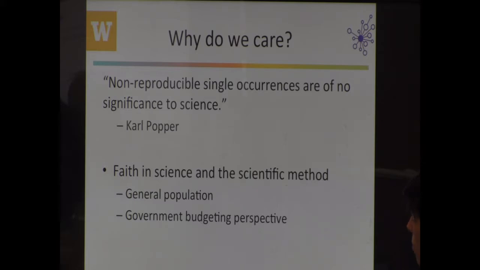I think right now, one of the things that we should all be particularly cognizant of is that there is perhaps a general decline in the faith of science and the scientific method, and that has impact on the availability of funding, right? So if the general populace doesn't think that science is useful or valuable because it's not reproducible, then they're not going to advocate to their representatives in Congress to keep approving bigger and bigger budgets. So if you value your own academic future or other type of future, I think it's important that we convey a message of strong reproducibility to the broader community.